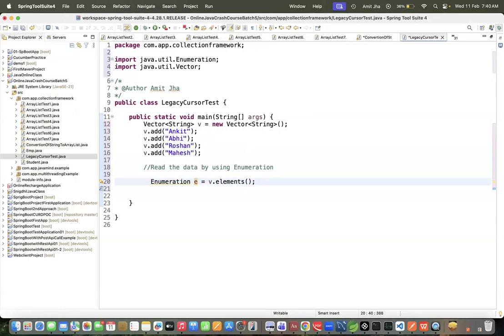See, first I've told you, whenever you are going to read data from a cursor, first you need the object of the respective class.